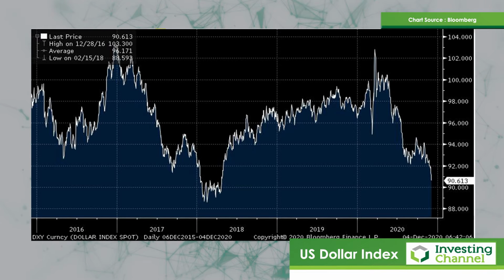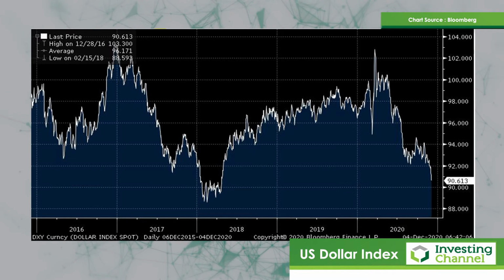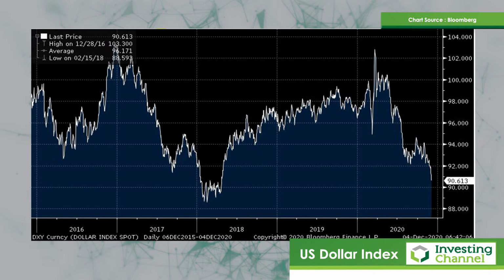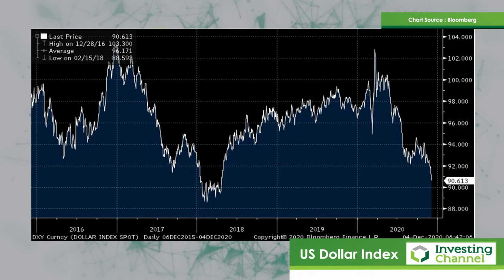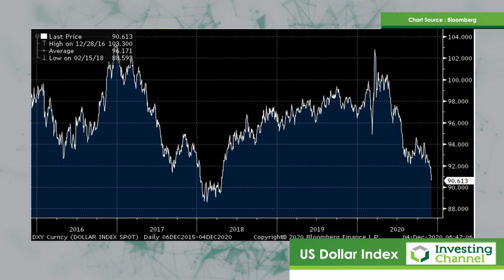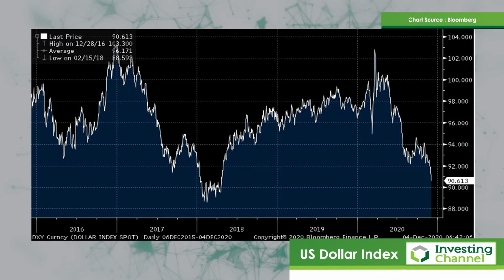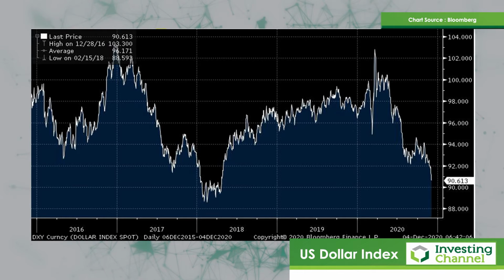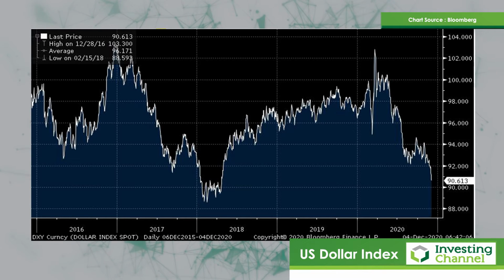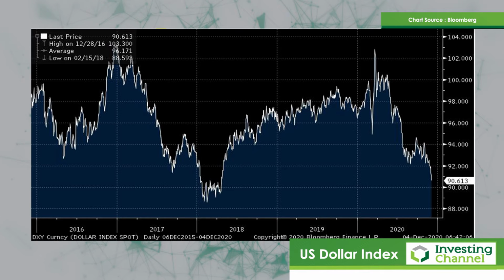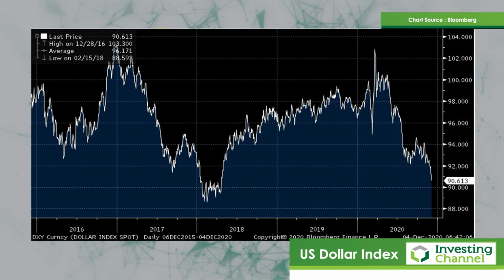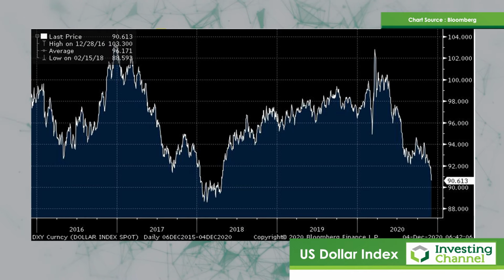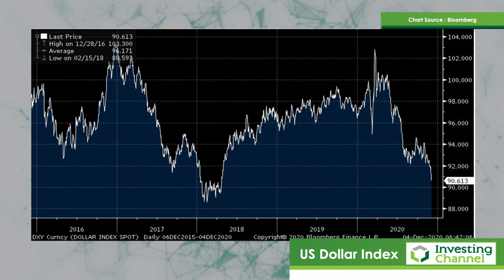To a certain extent, this is predicated on views that the global economy is going to be recovering, and therefore we will see a decent pickup in global trade, and a pickup in global trade means that there's basically going to be a lot more excess trade dollars around, and those excess trade dollars are going to be reapportioned in terms of portfolios, and therefore creating demands for other currencies. That's all well and good.